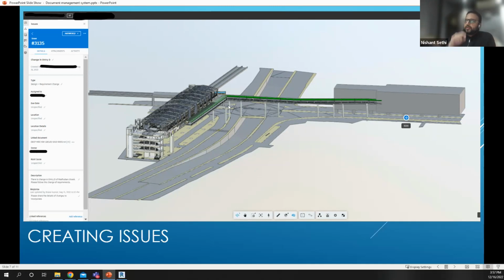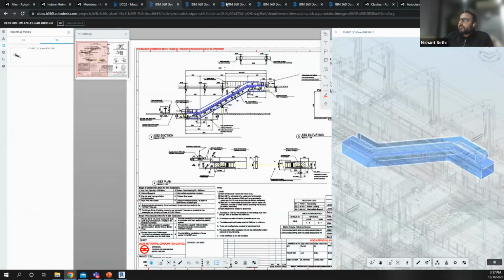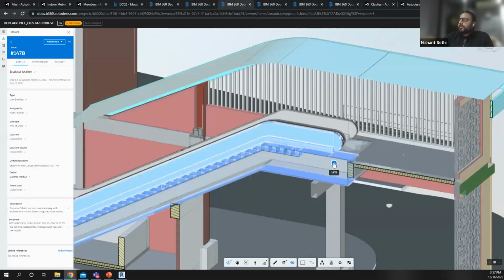is marked, actually it's not the right location in which it is marked, but it is attached to the 3D view. Once it gets attached to the view, here is a much better view of the particular thing. So this is the particular issue. The issue number gets assigned automatically, and then the location, and who is raising this issue. First of all, you can see the information about who raised this issue, what date he raised it on, and to whom the issue has been assigned. It is clearly visible,